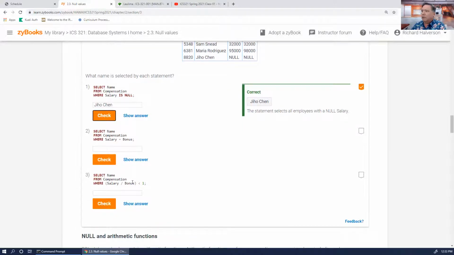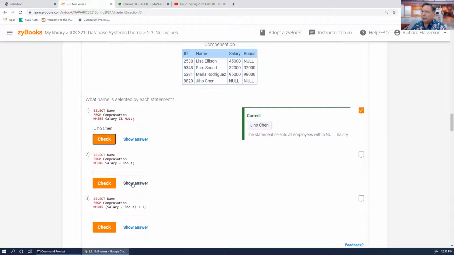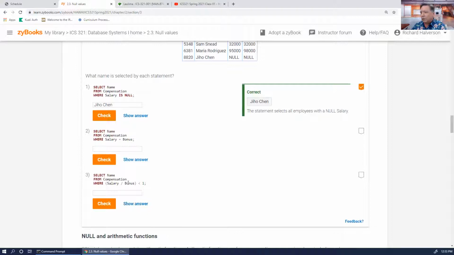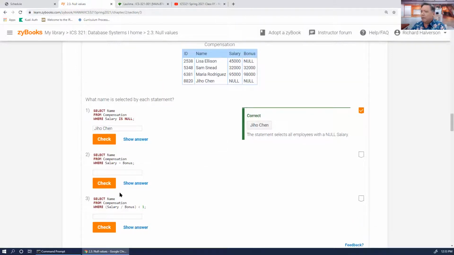This one would be salary divided by bonus is less than 1. Well, who knows what's going to be there? I would guess that because you've got some sort of operator here, it does not work with null. Division does not work with null. So anything that's got null for bonus or null for salary is going to be null here. And is null less than 1? I don't know if null is less than 1. I would say that's false, so I'd say the answer would be